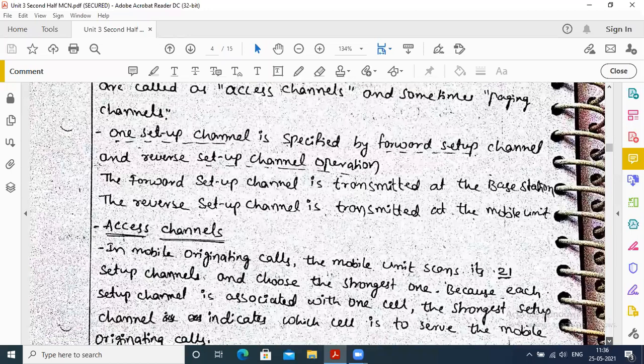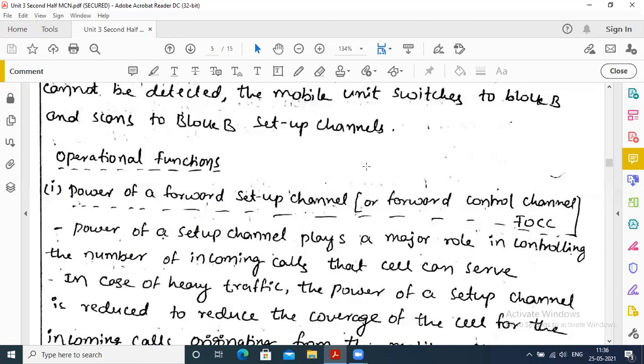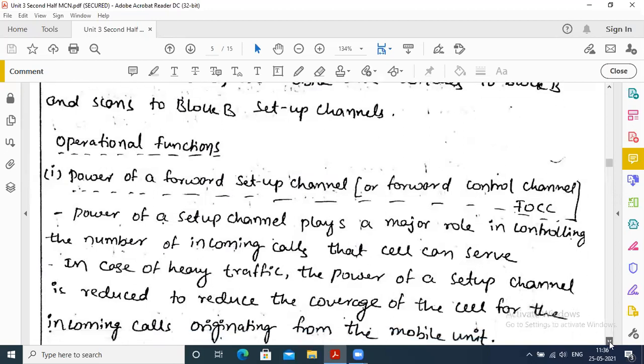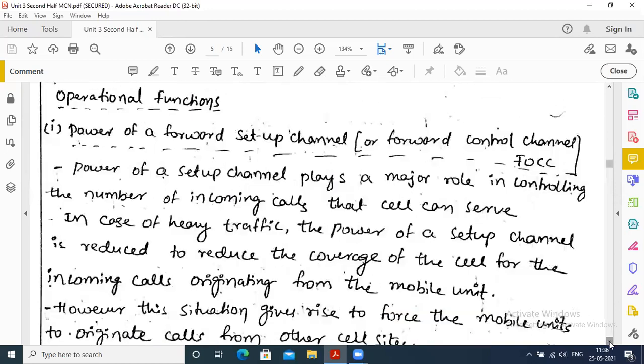Now we'll go further. We'll see the operational functions. The first operational function is the power of a forward setup channel, or forward control channel.